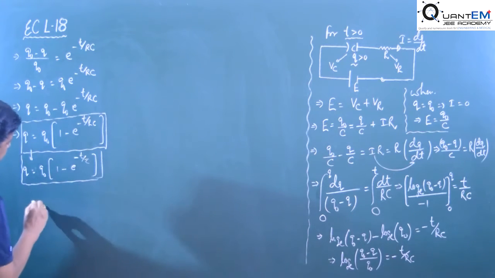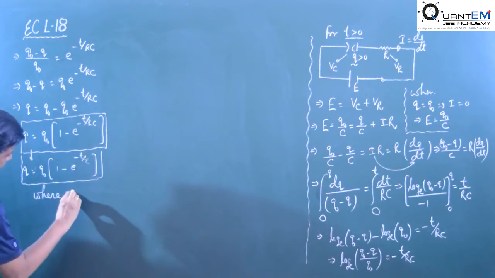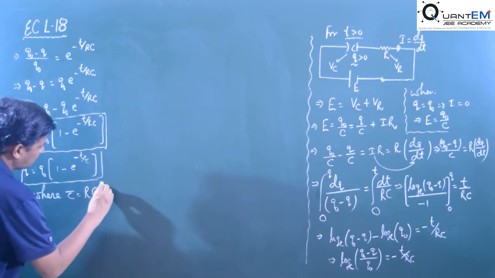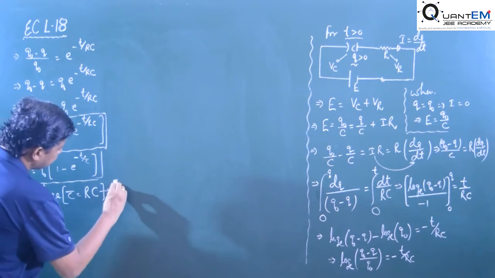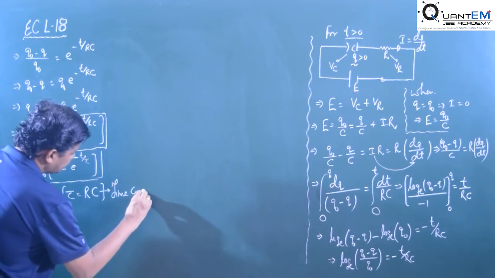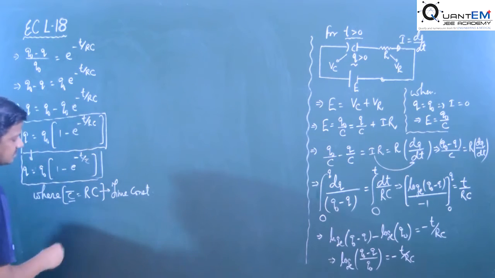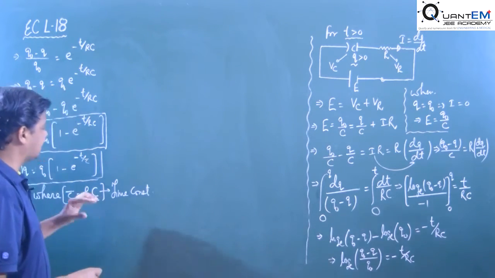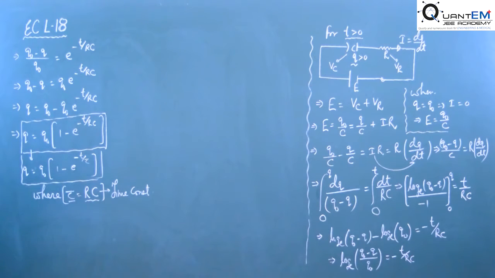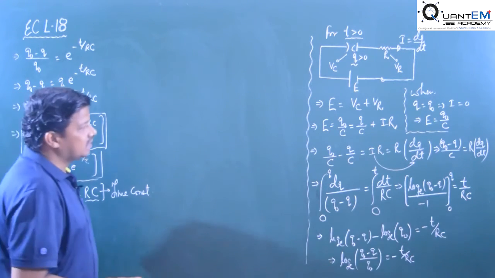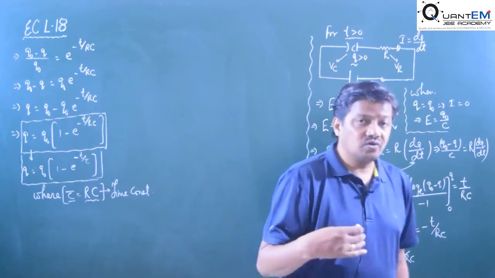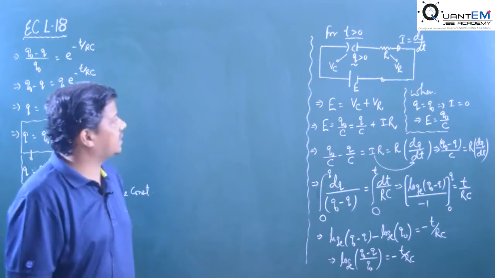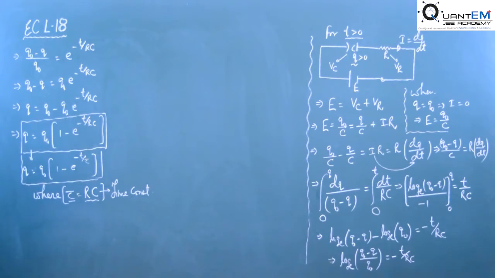This tau is RC. This term is called the time constant. So it is time. R and C product will have the unit of what? Time only. The dimension is capital T only. Okay, then we will be discussing later how to get the value of the time constant in the CR circuit. Okay, even in a complicated CR circuit, how do we find the time constant, I will discuss that.